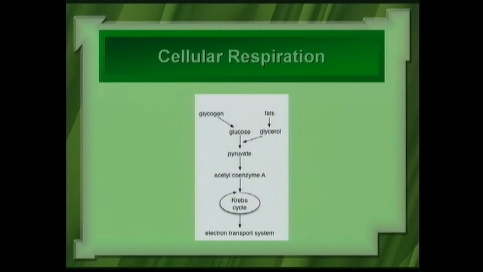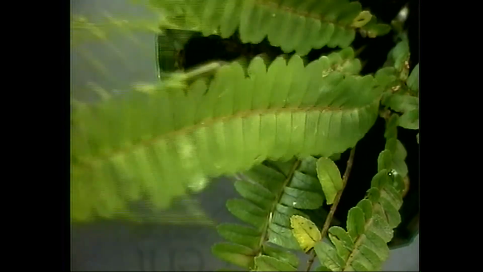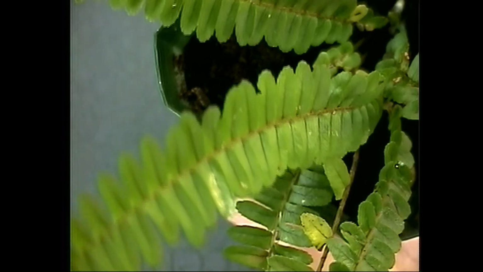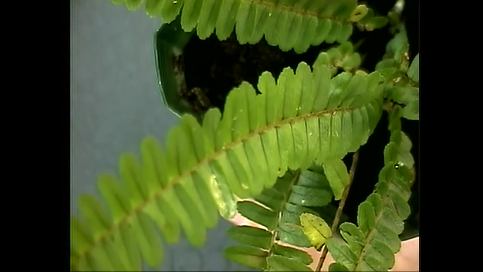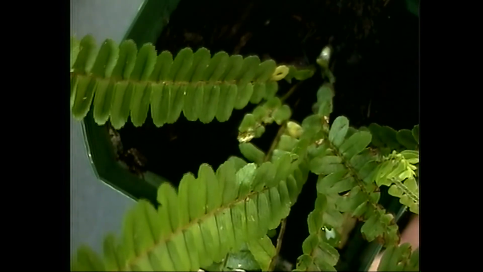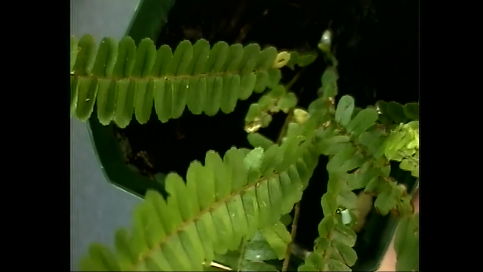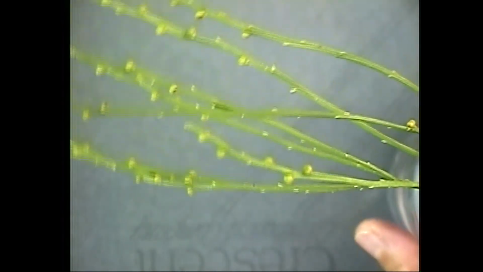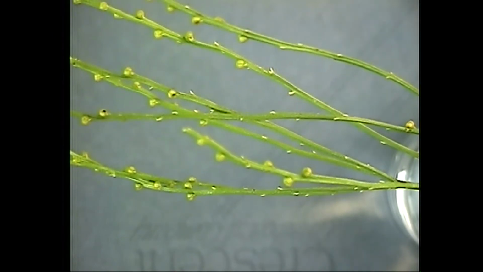Remember that generally photosynthesis happens in the green leaves of plants. If we can go to the Elmo, we can take a look at this again. Here we have the green parts of plants that also do cellular respiration, as well as the parts you can't see, such as the stem, which has a horizontal underground stem called a rhizome in this fern, as well as the roots of the fern. In all cells of the plant, cellular respiration is happening all the time. Also in this plant, Psilotum, a non-flowering plant,